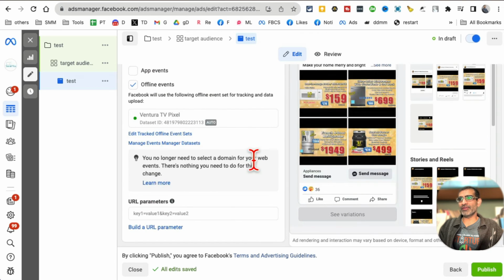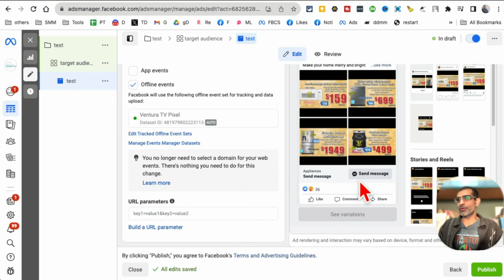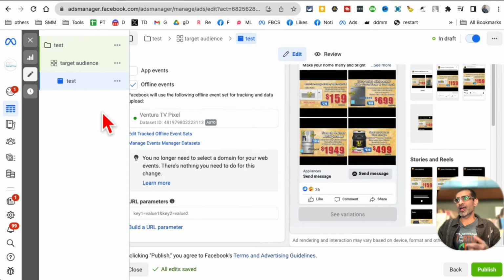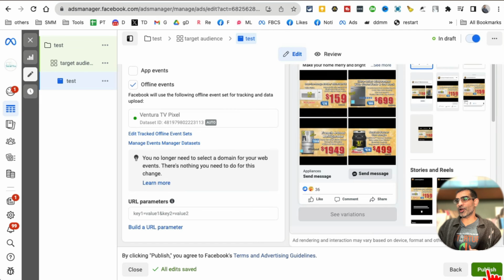Now scroll down, everything looks good. Good to go. You can go back and check all the settings, and once you're happy, you can preview your ads right here, and then click on publish, and the ad will go to Facebook in their approval queue. But this is how you can set up ad campaigns